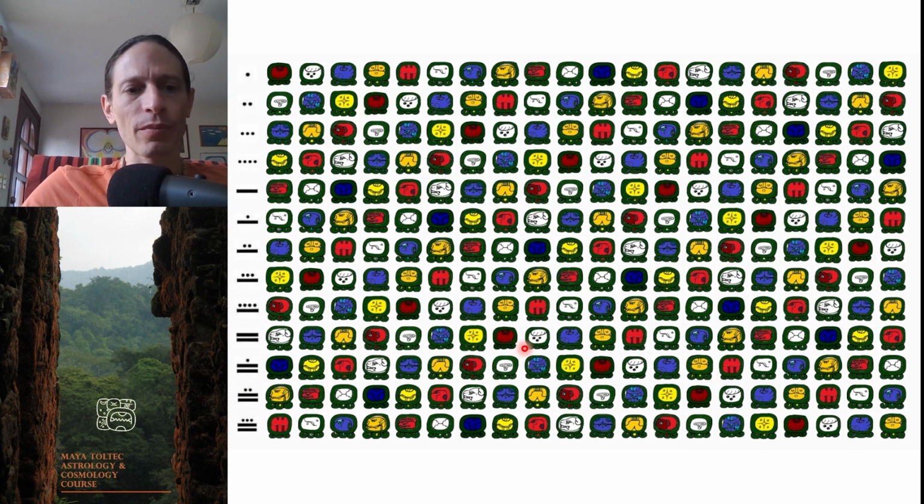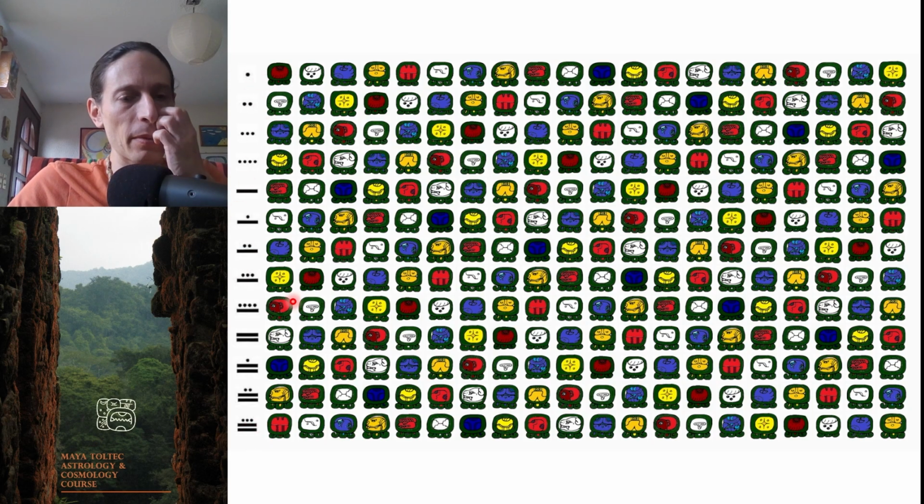Okay? And so these are the numbers, like 1 whatever or 7 whatever. And this helps you visualize the order of the 13s, or the order of the trecenas, or the 13-day counts.